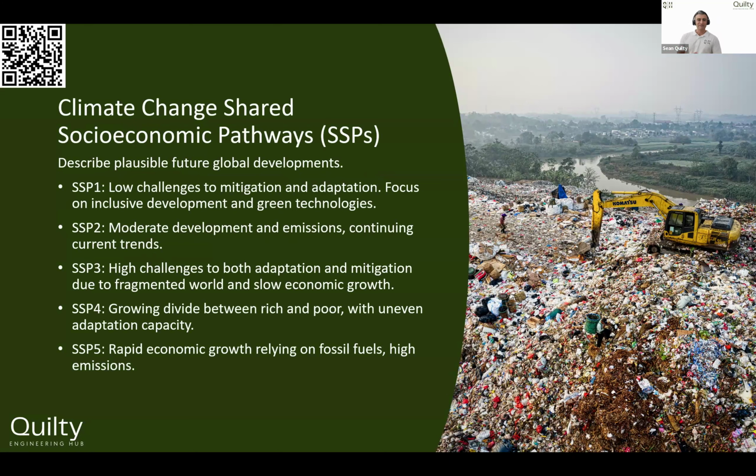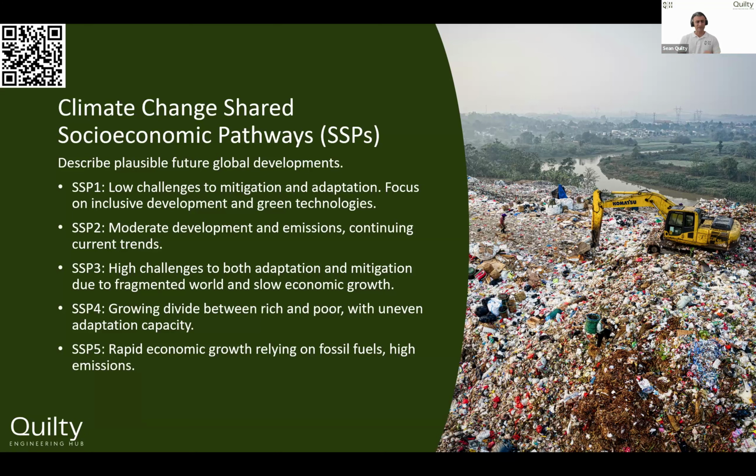Now, to get to the climate change factors that we apply to the rainfall, I guess you're trying to predict what's going to happen in the future. So the way that this was done was based on shared socioeconomic pathways, essentially looking at 5 different scenarios to see how the climate is going to change over the next 100 years. And it's 5 different paths that we might be able to take.